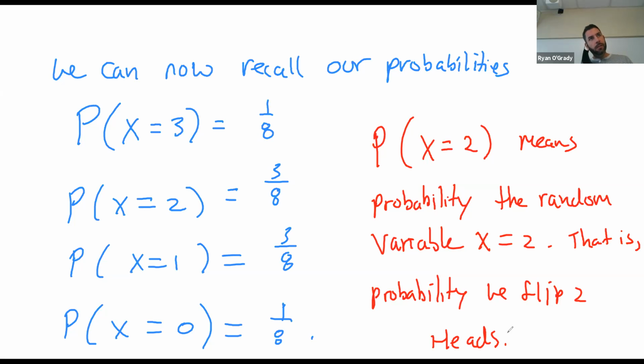Does that make sense? There's nothing wrong with me writing P of, I flip 3 heads. But that takes up space, and it turns out that for things you want to do later, it's not conducive to using words. It's conducive to using more efficient symbols. Does that make sense? Yeah, I wasn't really sure